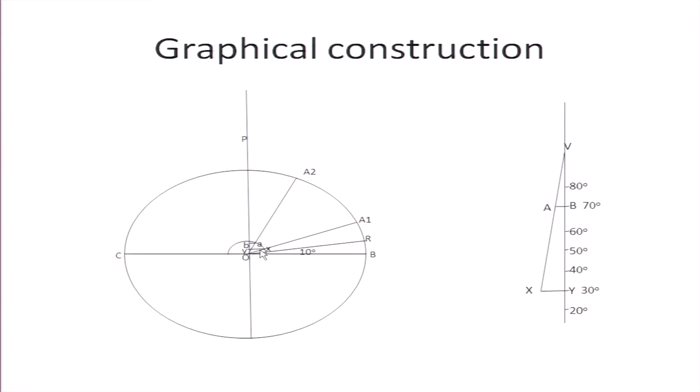Now these two distances XY and AB will become the distances between the meridians along the 30 degree north standard parallel and the 70 degree north standard parallel. Now come to the right side of this figure. We have drawn a central meridian, or a vertical line,